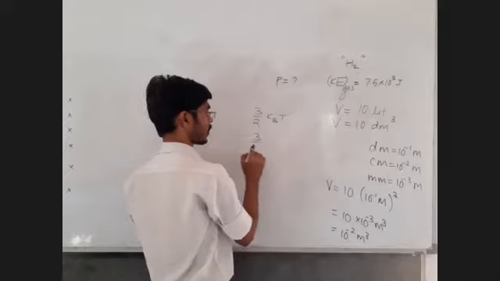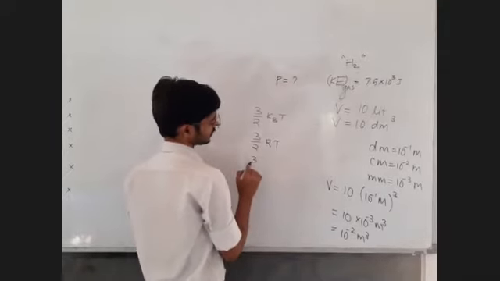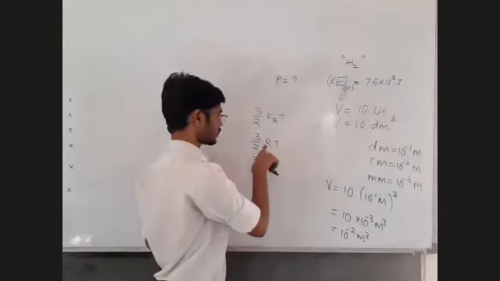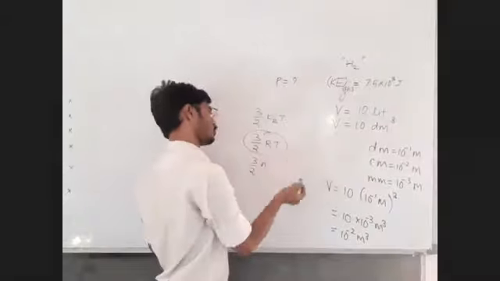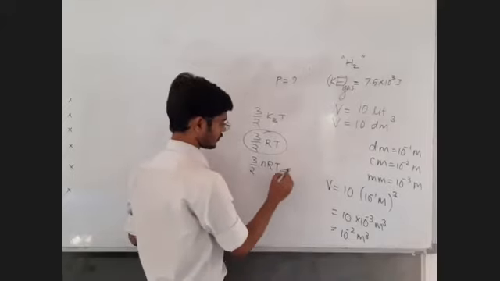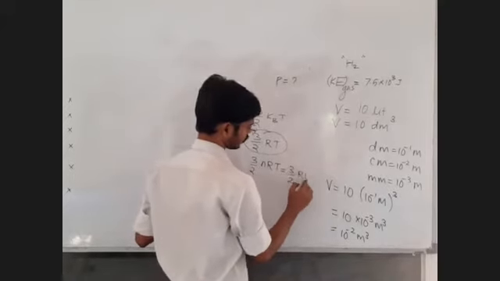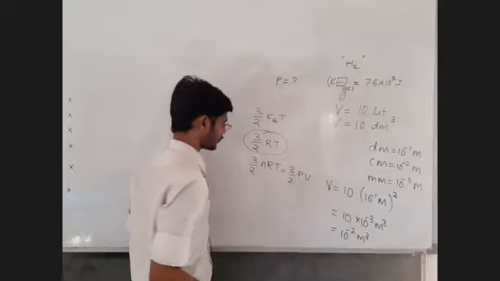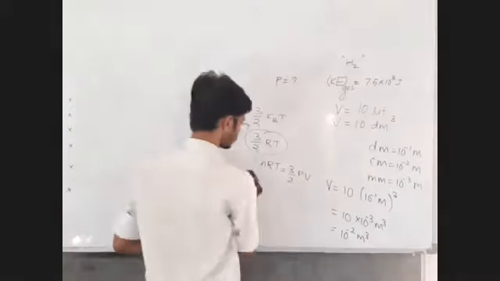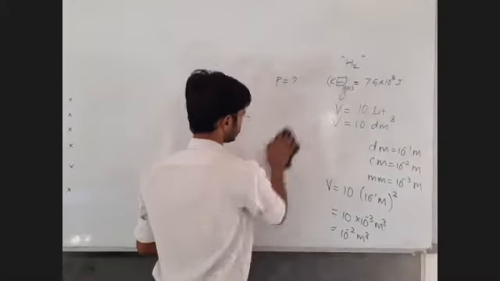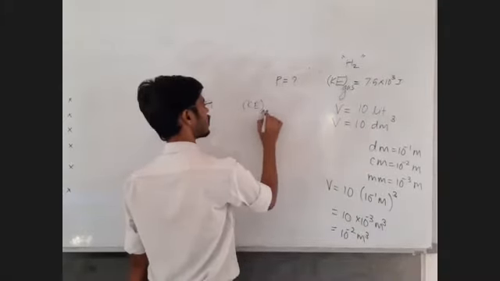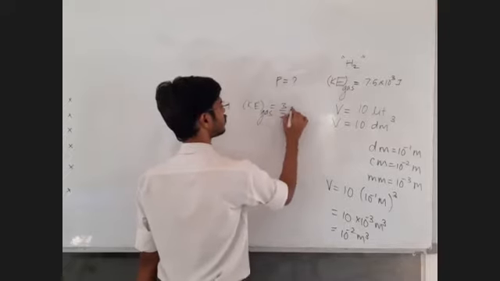Translational kinetic energy of one mole is 3/2 RT. And translational kinetic energy of a gas, meaning n moles, is one mole into n, so 3/2 nRT. nRT means PV. So it shall be 3/2 PV, right? All of you gave the correct answer, 3/2 PV. So write it fast: kinetic energy of gas is equal to 3/2 PV.